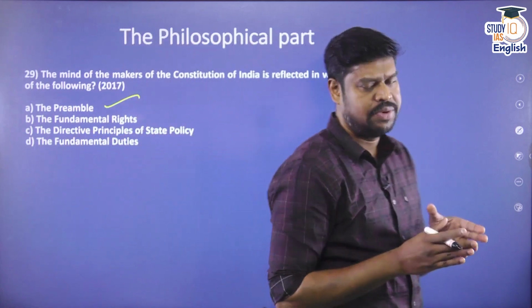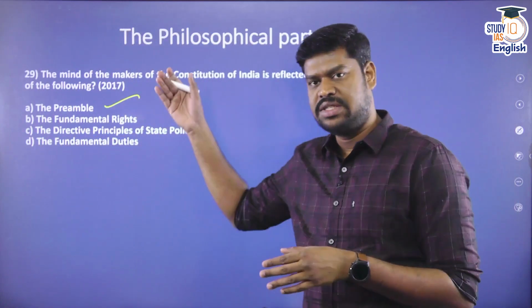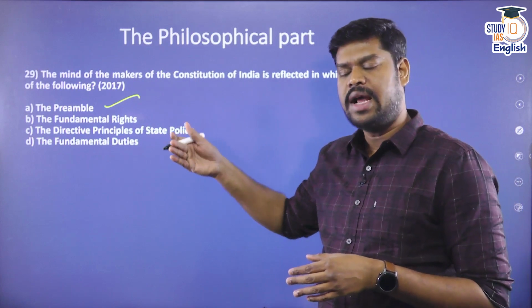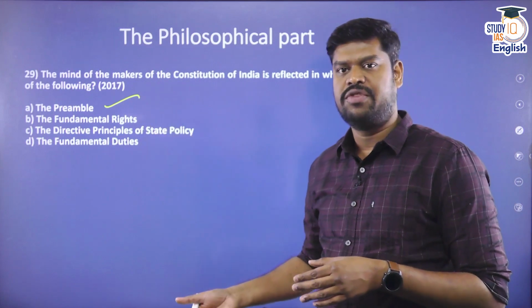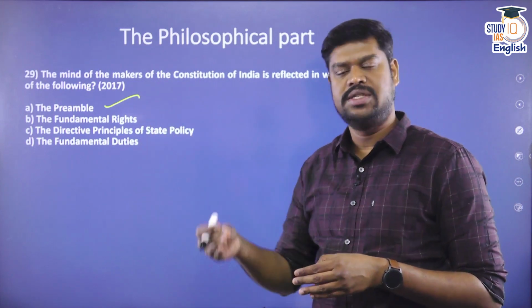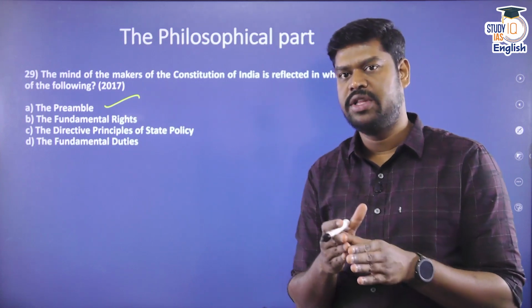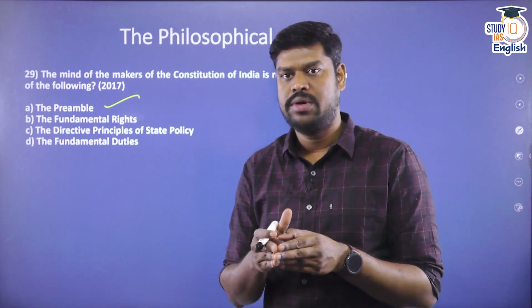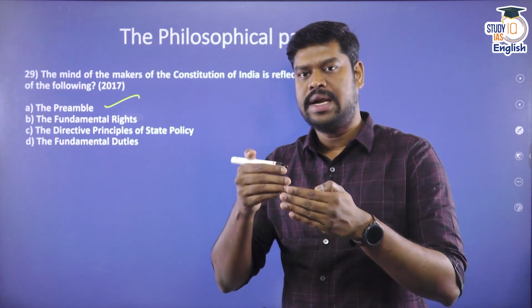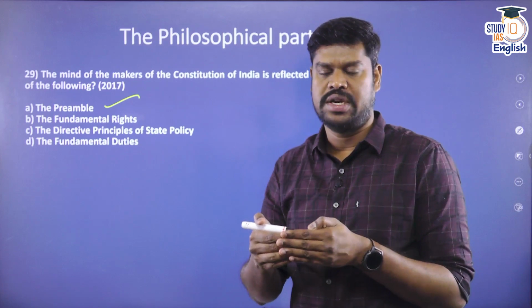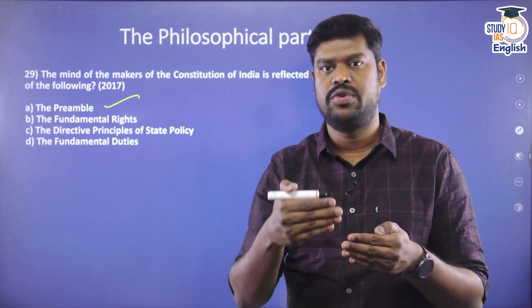Again, very, very important. Please understand, we are discussing the last 15 years of questions, and I think 6-7 questions have come from the preamble, which means every second year there is a question from the preamble, and a very simple question. So this is how we will have to identify the topics and prepare them one by one, so that you attempt 80 to 90% of the questions right. You don't have to get 100% of the questions.